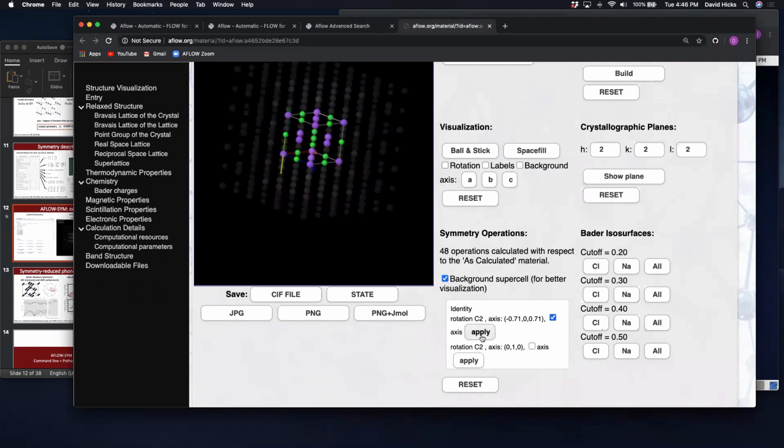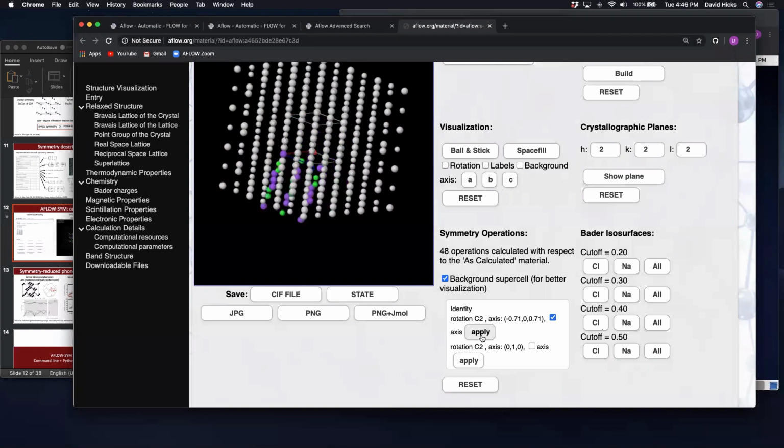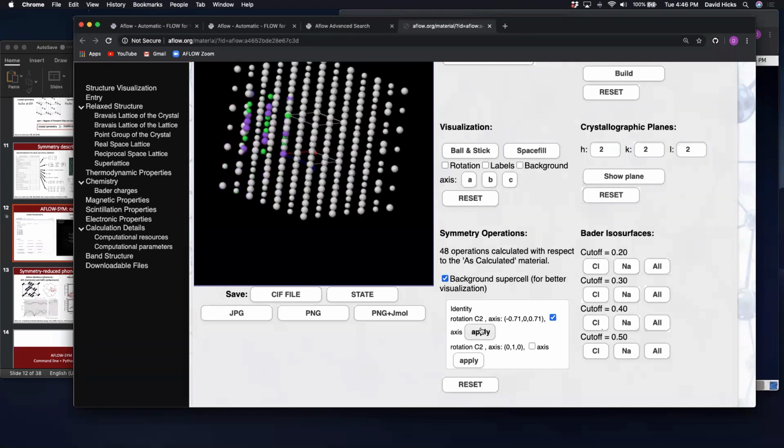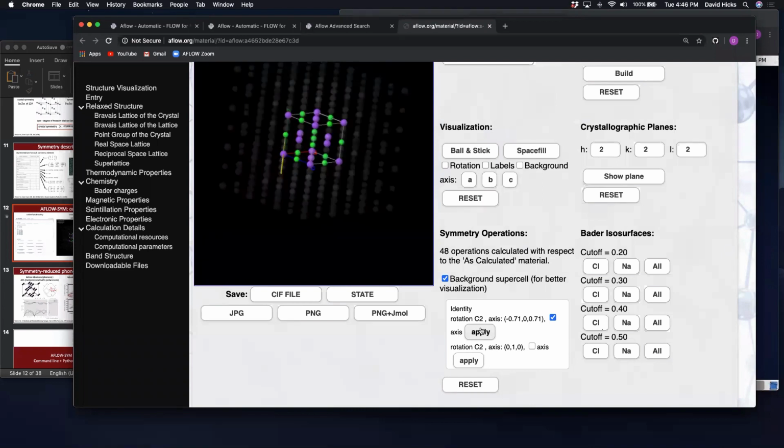And then we're going to rotate the crystal. If we rotate it, we see that it mapped back onto itself, but outside of that unit cell. And if we apply it again, since it's a two-fold rotation, we map back into our original position. This is very useful, for instance, if you want to visualize the symmetry, or if you're having trouble knowing what axis the symmetry axis is along,